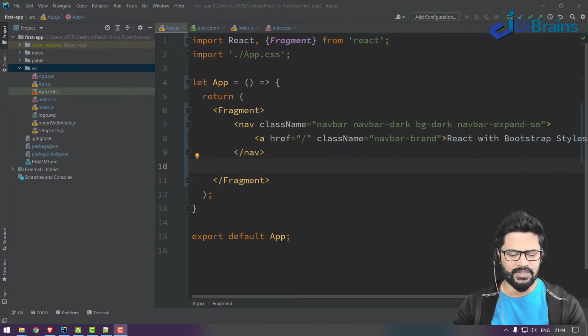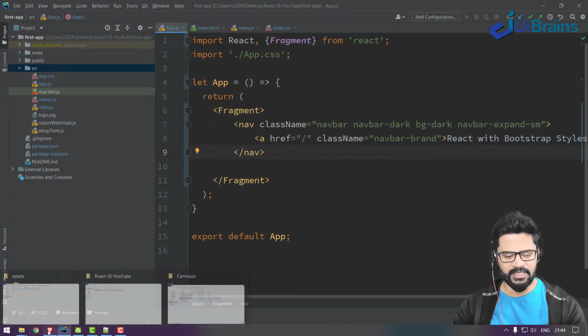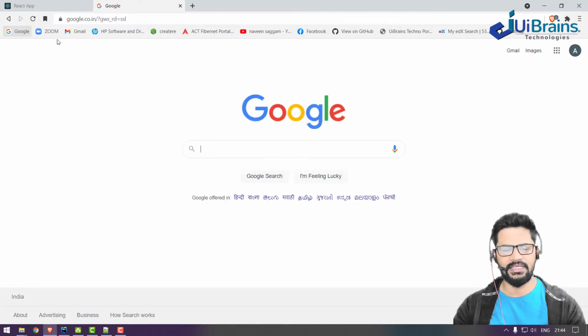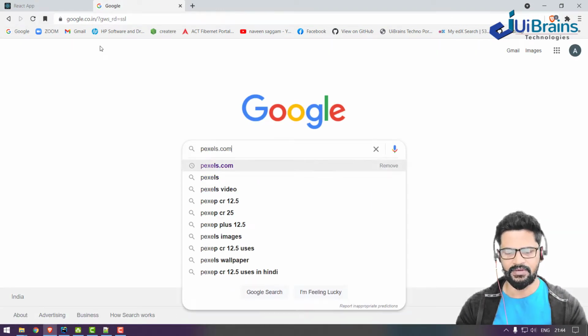My plan is, I have the same application in which I started Bootstrap styles. Now I want to take a few cards with some images. If you want to download some images, you can refer to a website called pexels.com.